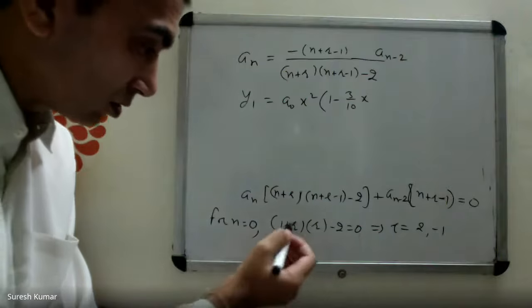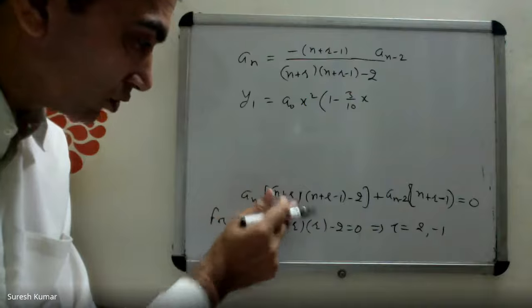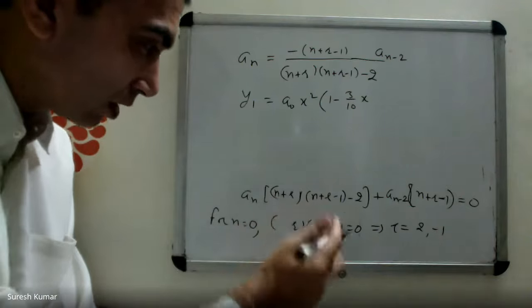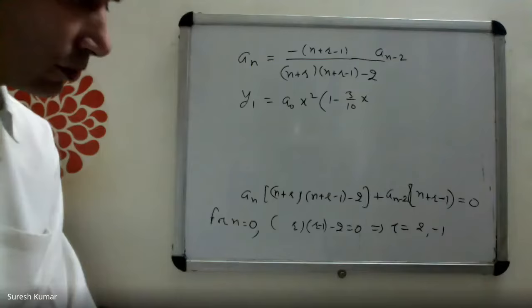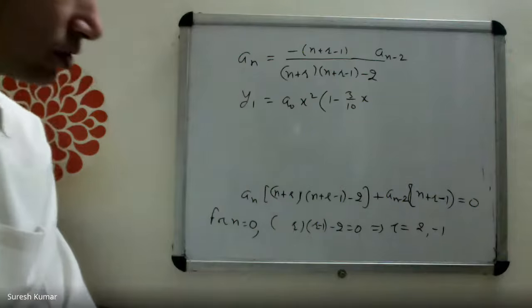Sir, I think in the equation you took n equal to 1 instead of 0. Sir, I think in the equation you've taken n equal to 1. It should be r into r minus 1 minus 2 here. And if we take n equal to 0, it will be r into r minus 1 minus 2. Yes, yes, you're right. Here it should be r times r minus 1. Then it is correct, right? Yes, sir. Yeah, you're right. Here it should be r into r minus 1.